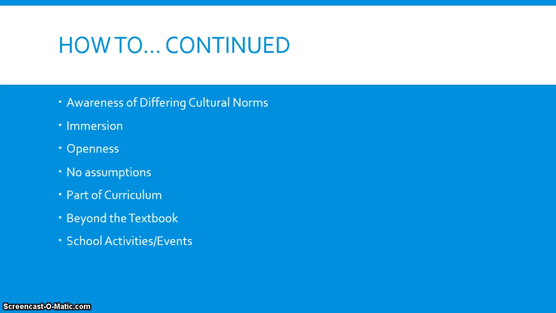Ultimately, I think the best way that we as teachers can promote multiculturalism is through example. I think that you can teach a lot during the school day, but just treating one another with respect and correcting students when they do things that are hurtful or harmful to promoting this multiculturalism is really the best way to promote multiculturalism in the classroom and make sure that as a society we're becoming more accepting.